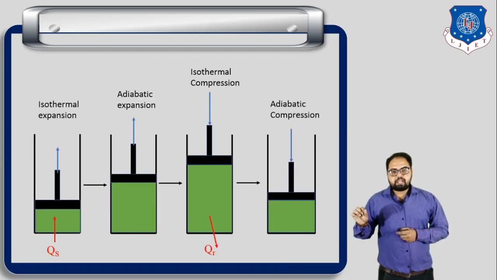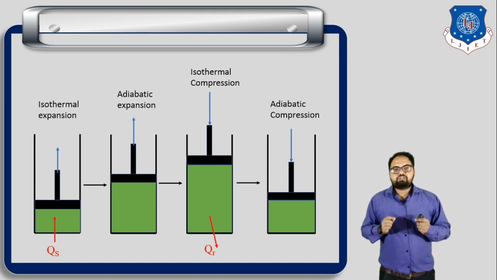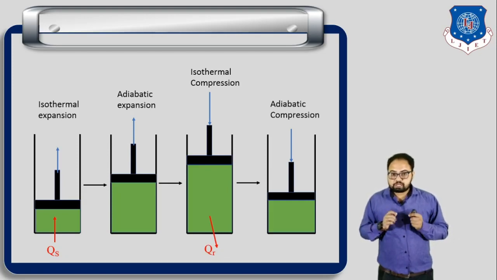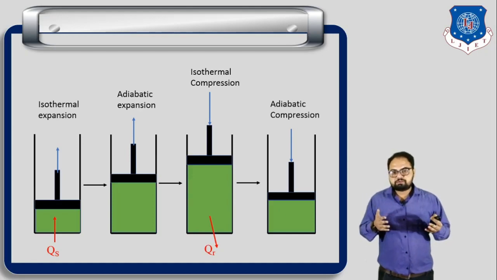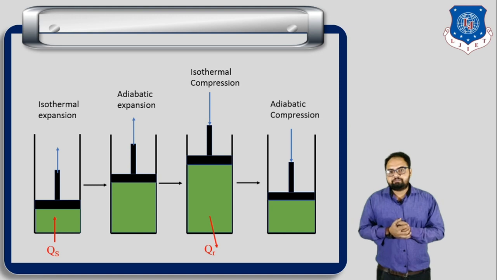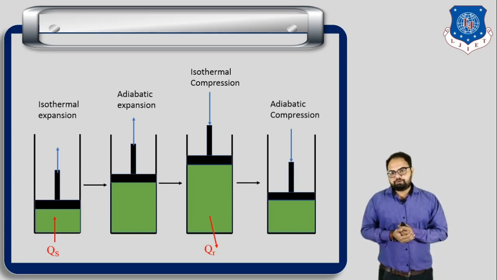the hot body, which is at temperature T1, at the bottom of the cylinder. At that time what happens? First of all, to understand this theory, we must know the meaning of each and every assumption, because when we are not able to understand the assumptions, then we are not able to get this theory. So first of all, do one thing: read all the assumptions carefully, and then join this video.